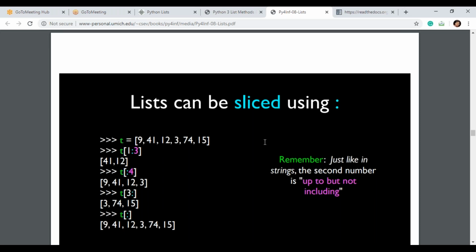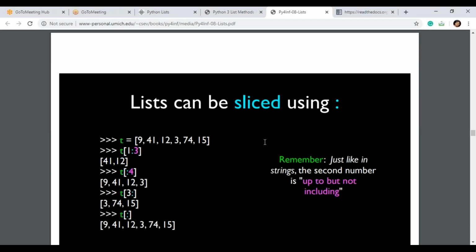T[:4]. The colon 4 means from 0 to 4: 9, 41, 12, 3. So 4 elements are available before index 4, because index 0, index 1, index 2, index 3.